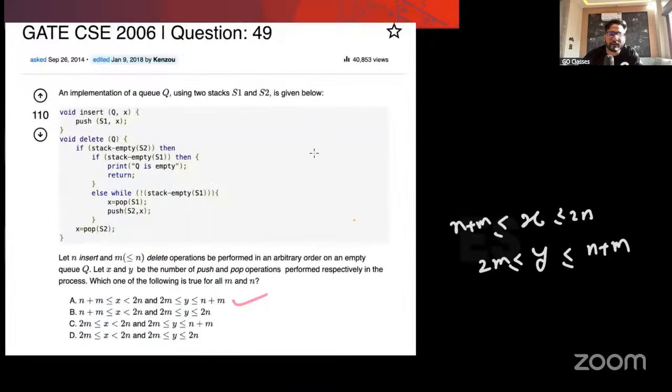They are asking n, m. So basically n equal to 2, maybe m equal to 1. If you do it, then maybe you will be able to filter out something, right? You can try putting the values. If you're not able to solve in the exam, you can see if you can do it by putting the values. Understood? Okay.